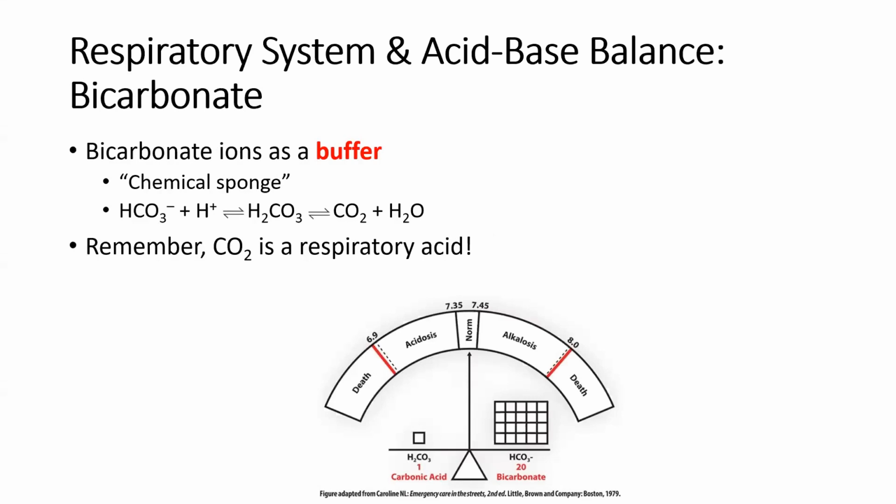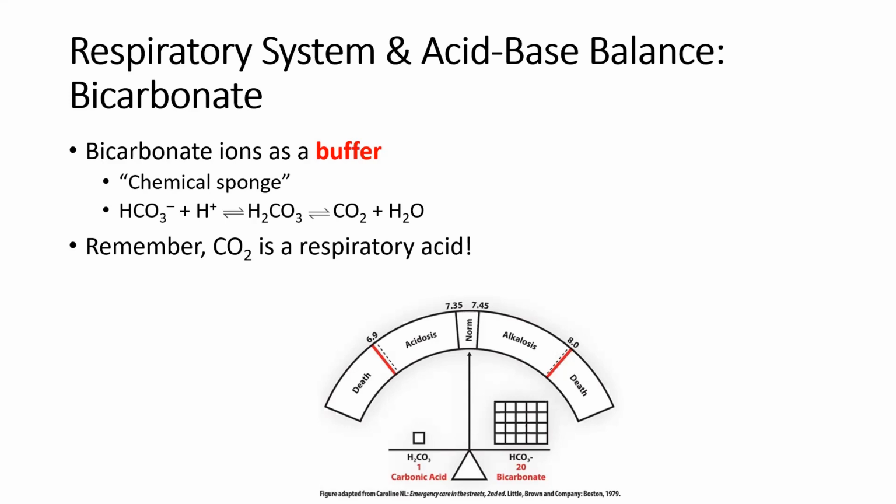Another important buffer, probably the most important buffer that we'll talk about, is bicarbonate. Bicarbonate acts as a chemical sponge or a buffer in this way. It can bind hydrogen ions, creating carbonic acid, and then that can dissociate into carbon dioxide and water, okay? So in this way, it will resist any changes by soaking up those excess hydrogen ions and resisting any change to our pH, which is basically protecting our plasma, protecting our cellular environment from being exposed to